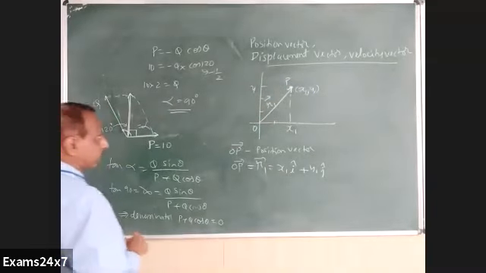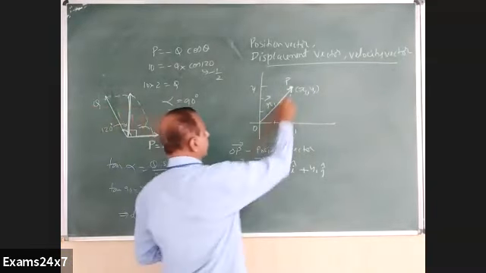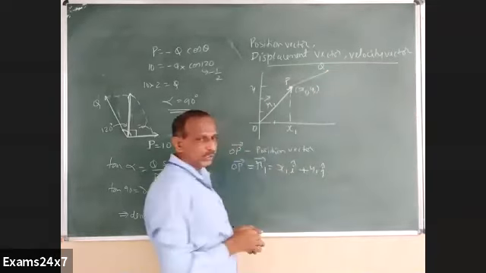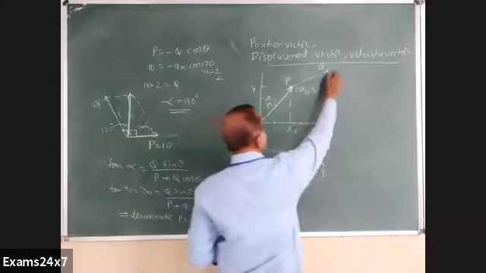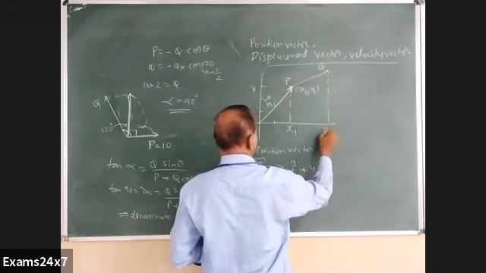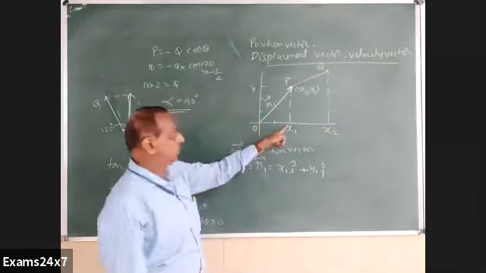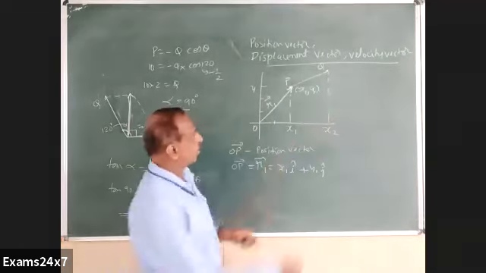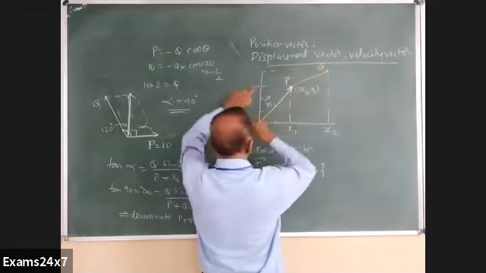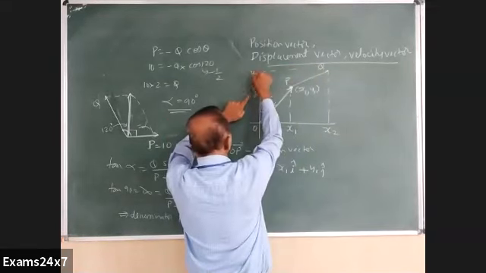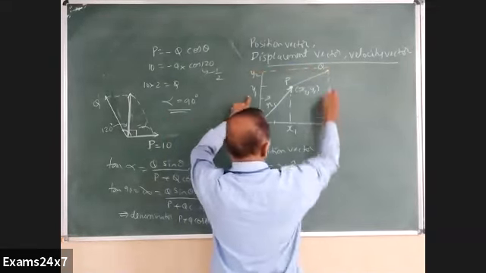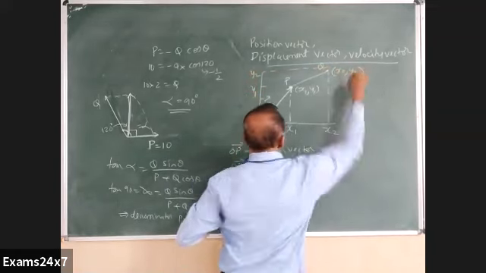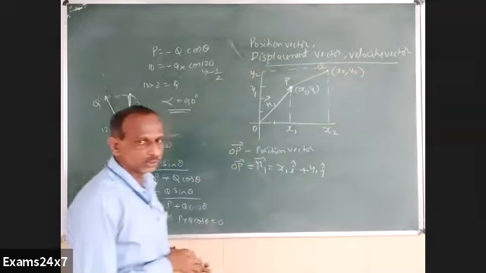What is a displacement vector? From P, it has gone to some other point here, Q. P to Q it has moved now. What is the x coordinate? I call it x2. If this x1 is 2, this may be 4 or 5. The y coordinate also has changed. If originally it was 3 here, now it is, say, 4. So 5, 4, or I call it generally x2, y2 as the position.